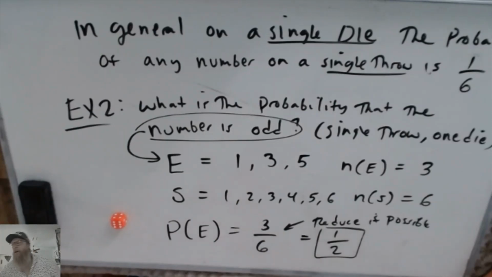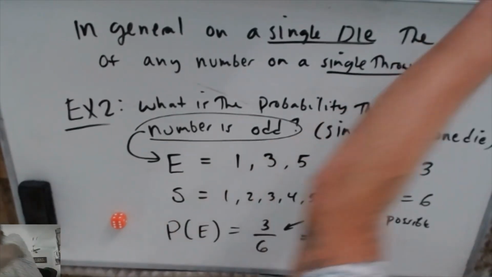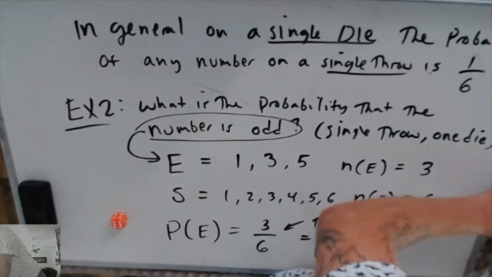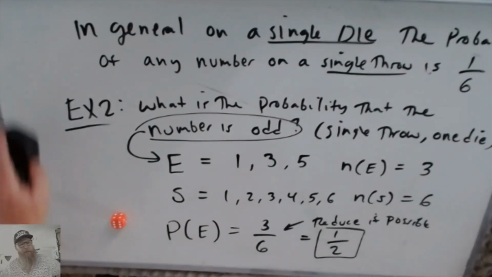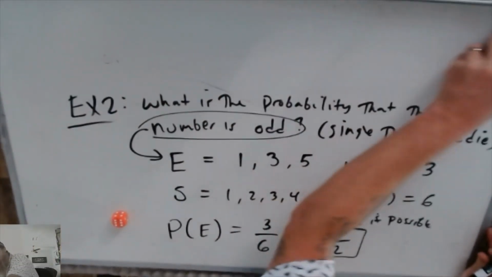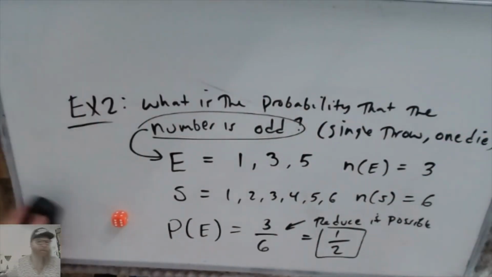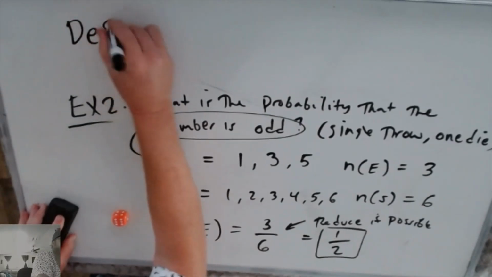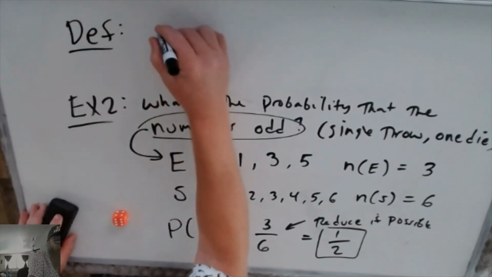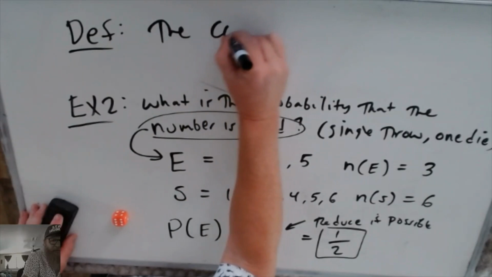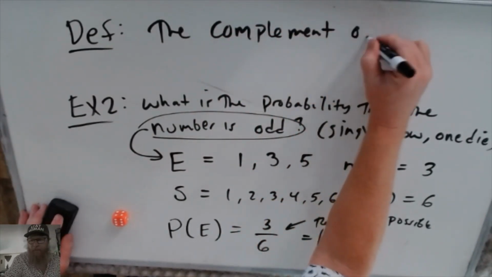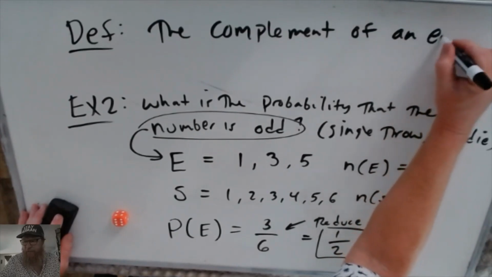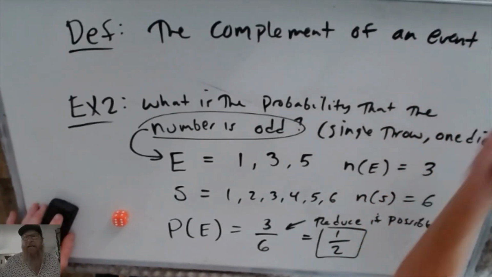At some point, we're going to have to use 2 dice, a pair of dice. We'll get to that in a minute. I need a little more vocabulary so that we can enrich the subject a little bit and get some more complicated outcomes. So we're going to define the complement of an event E